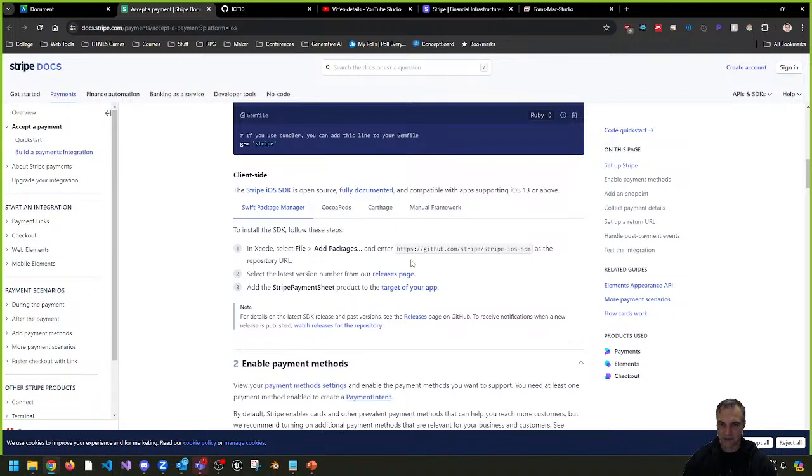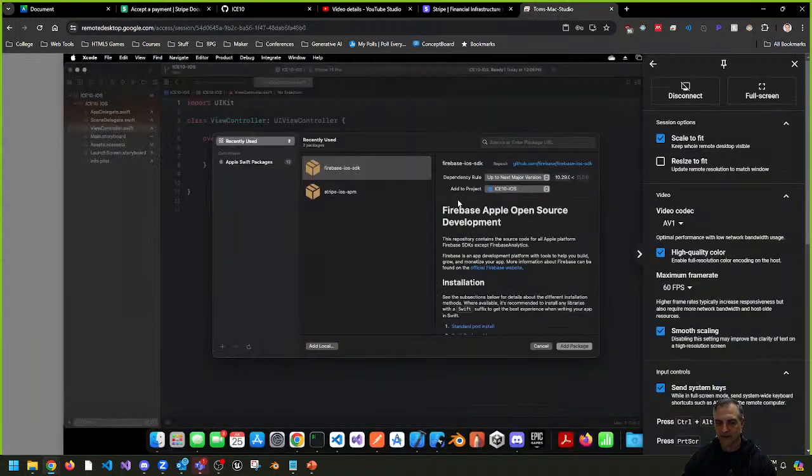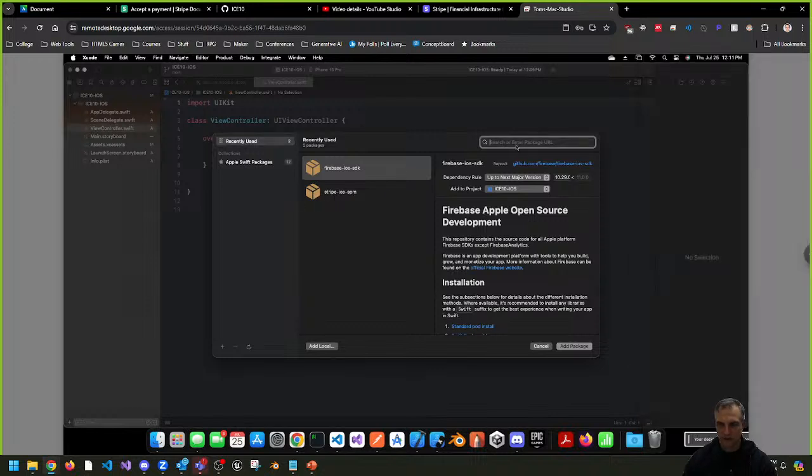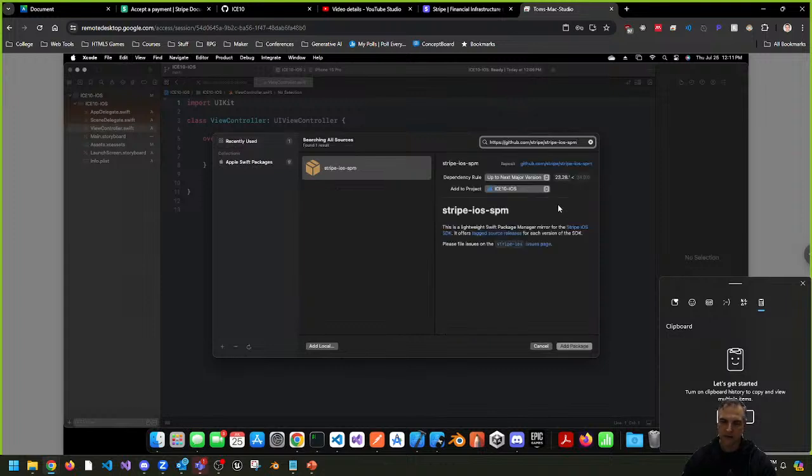So SPM, this part. You want to grab this, because you've never done it before, you want to grab this link right here. So I'm going to copy that link. And then if I go back to my Mac side, it's this, right? But the way you get this is you put this inside here. So you kind of paste it in. And then what it's going to do is it's going to find, right? If you press enter, it's going to find